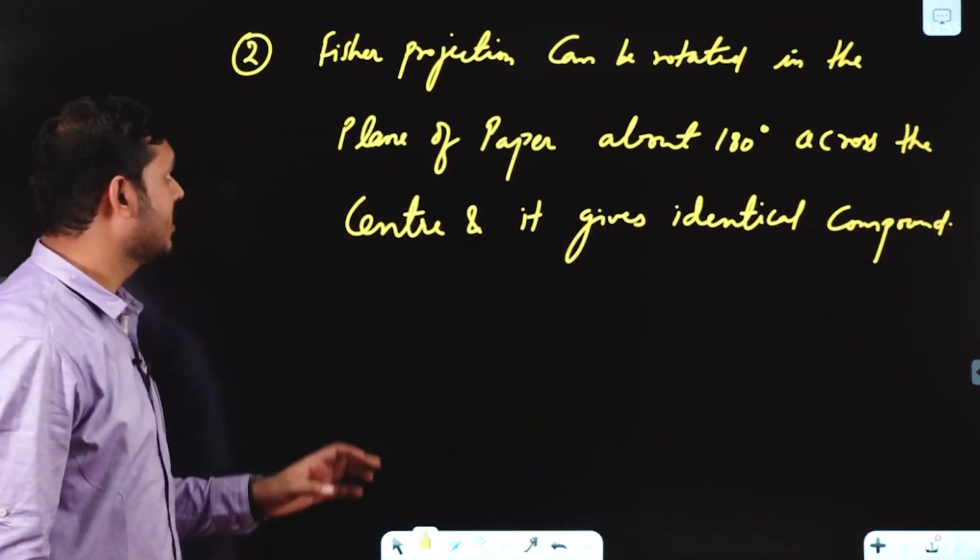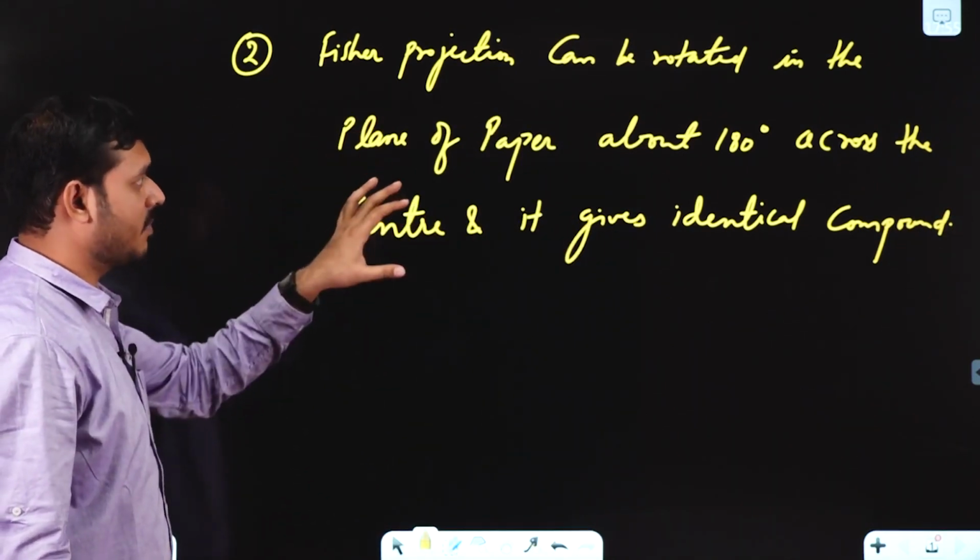Now what this rule says is Fisher projection can be rotated in the plane of paper,